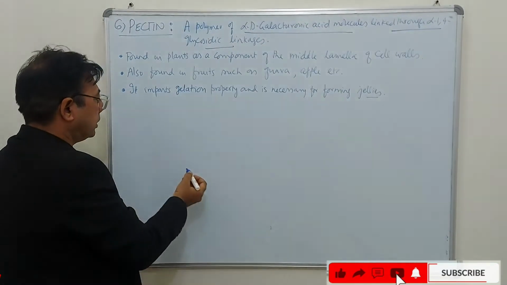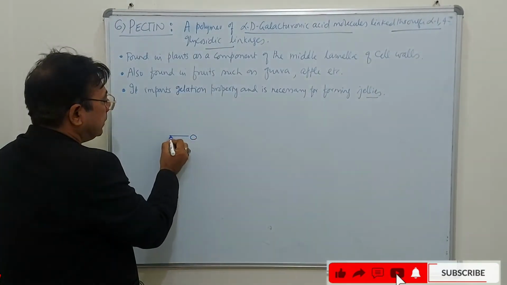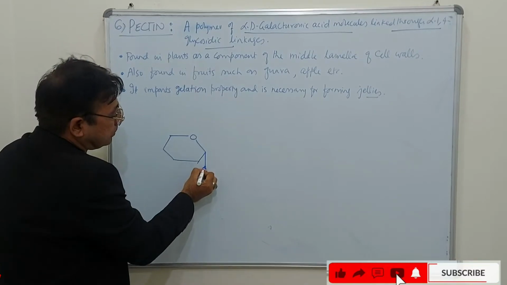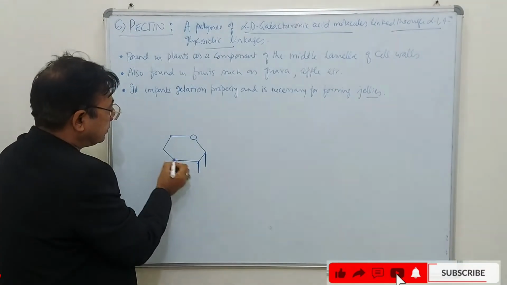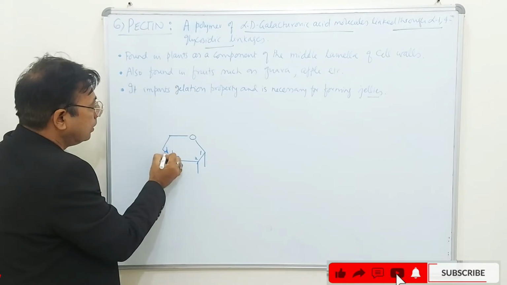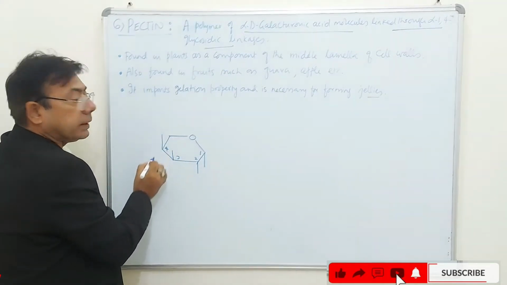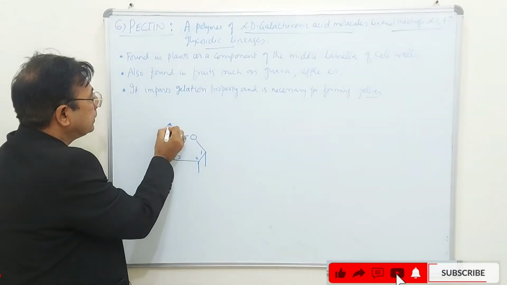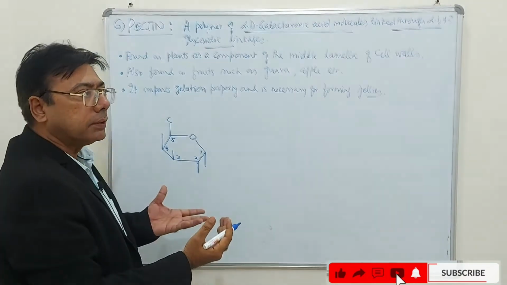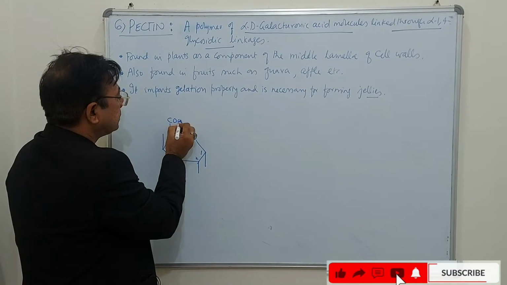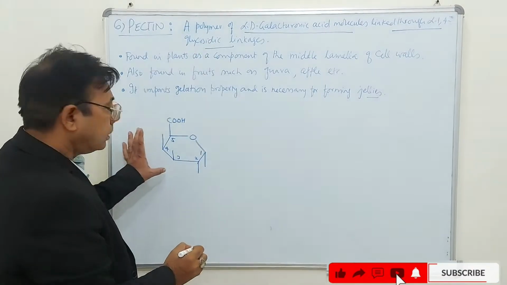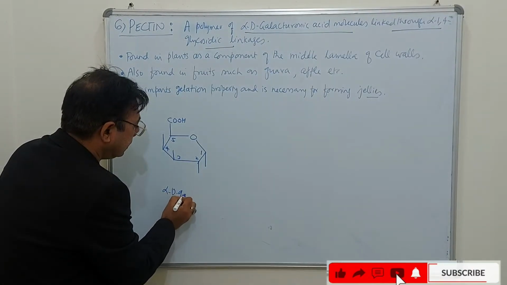I am going to show you how to draw this structure. What you have to do, first you have to make galactose molecule, alpha galactose. So when you are making alpha, OH will be down on this position, then on this position OH will be up, and because this is galactose, so this position 1, 2, 3, 4. So on 4 OH will be up in case of galactose. So this is position 5 and then this is position 6. And students, because this is galacturonic acid, in case of galacturonic acid, this CH2OH group changes to COOH group. So you have to make this as COOH. So now you have this structure of alpha D